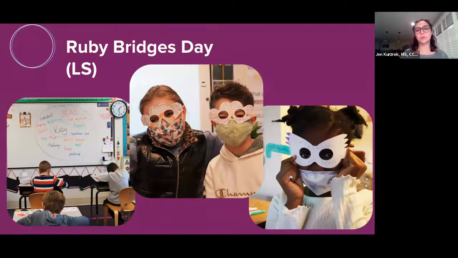And then our 3rd graders were really thinking about this idea of perspectives of a thought, feeling, and experience all together. So they worked on Ruby's perspective. And then our 4th graders, one step removed from I'm the student in this situation, Ruby's the student in that situation, they thought about the teacher's perspective. And then our 5th graders thought about the parents' perspectives. What was it like for Ruby's parents on that day, or the parents of the other students in the school?